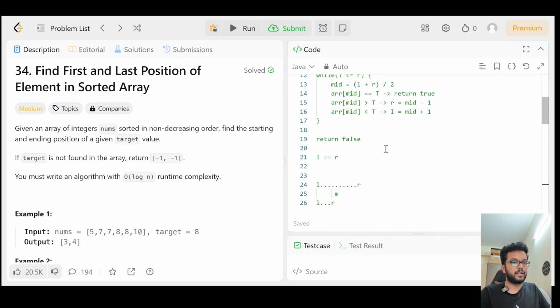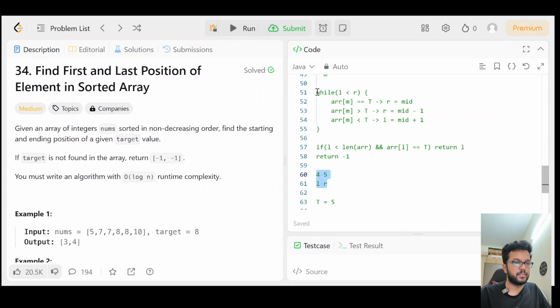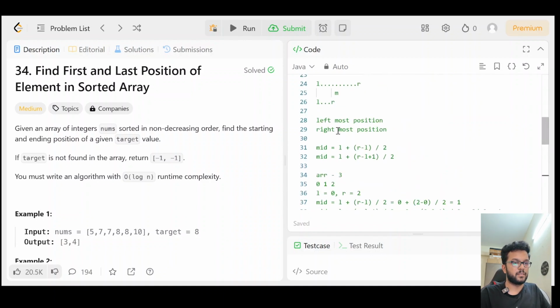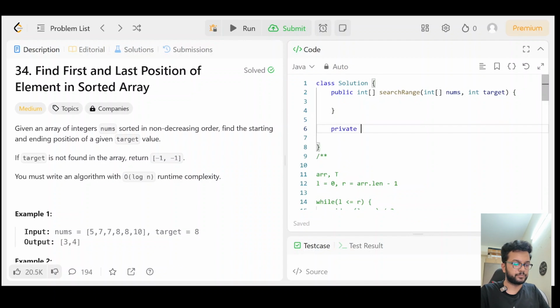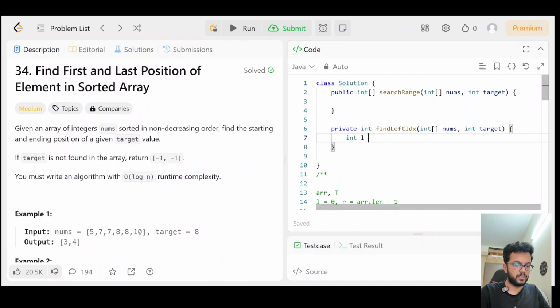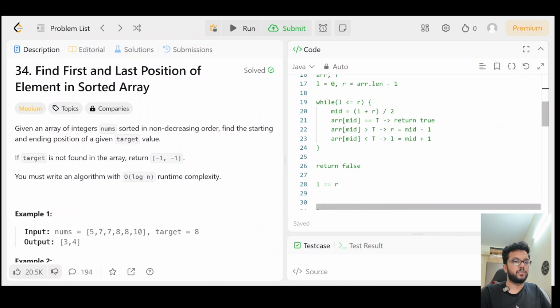So let's write down the code for this part. This is what we will first record. Let's write a function, find left index. You have array here, right? And you have target here. You define left and r, right? So what you say is, while your left is less than r, and what exactly are we going to do is,